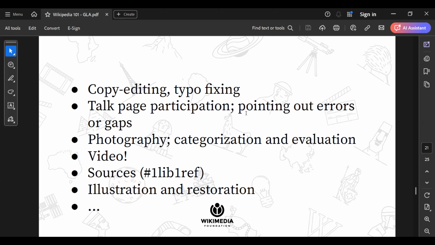One of the things that I recommend for new contributors, especially on the English Wikipedia, is to start by copy editing and fixing typos instead of creating articles from scratch. You can also participate in article talk pages, pointing out errors that others can support.